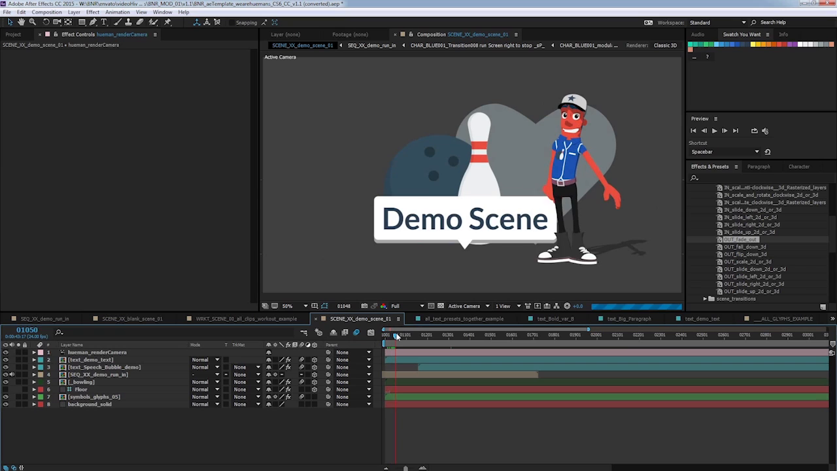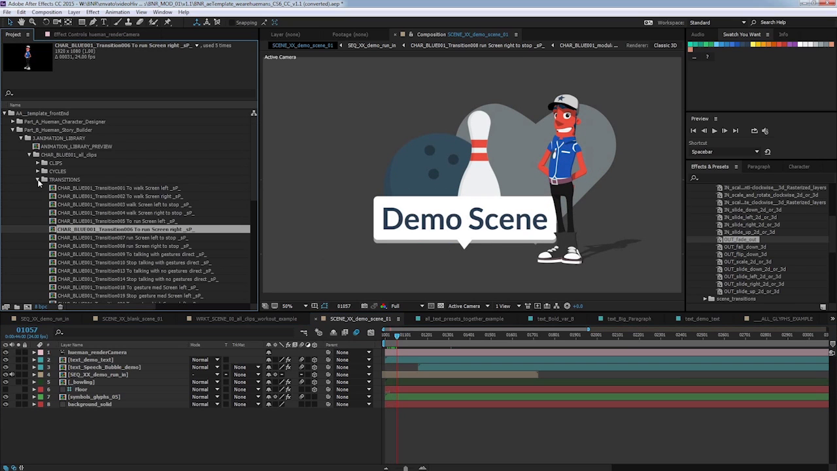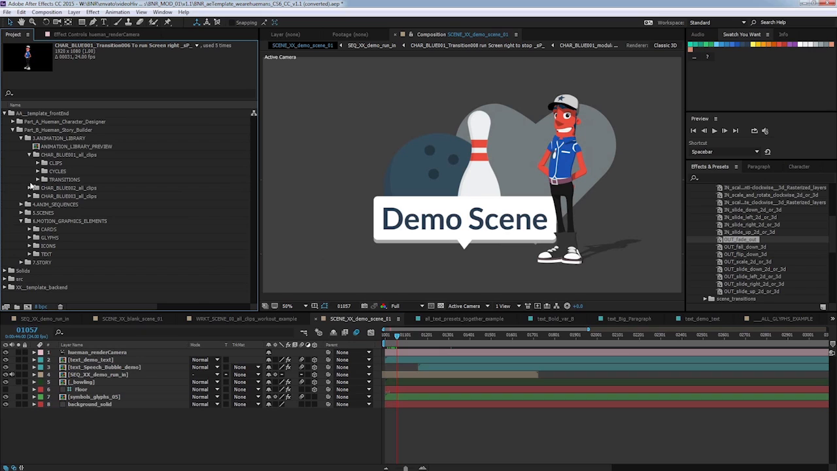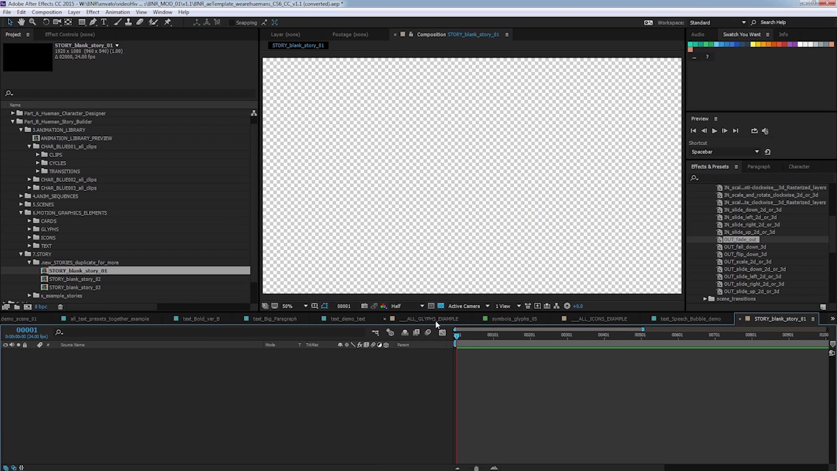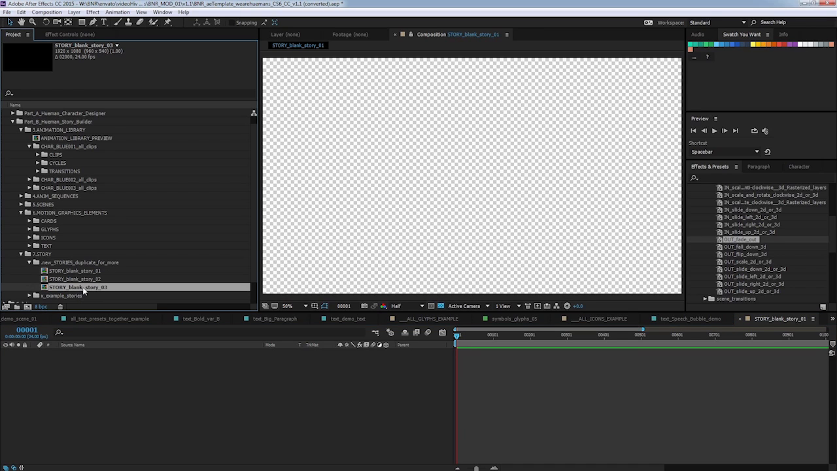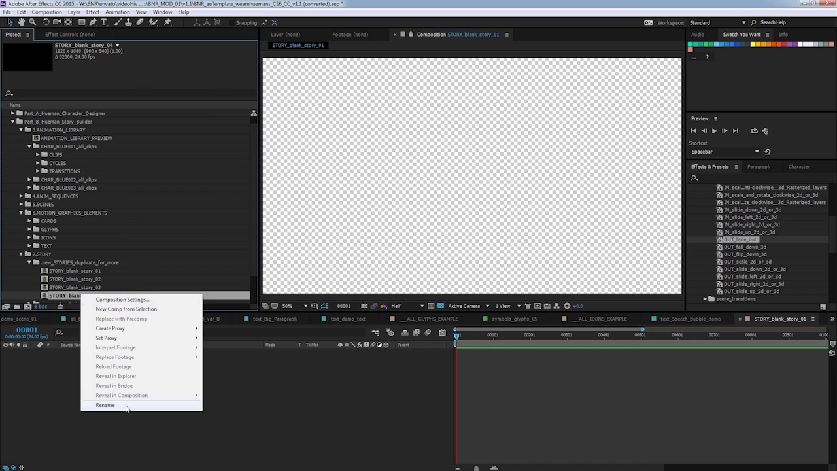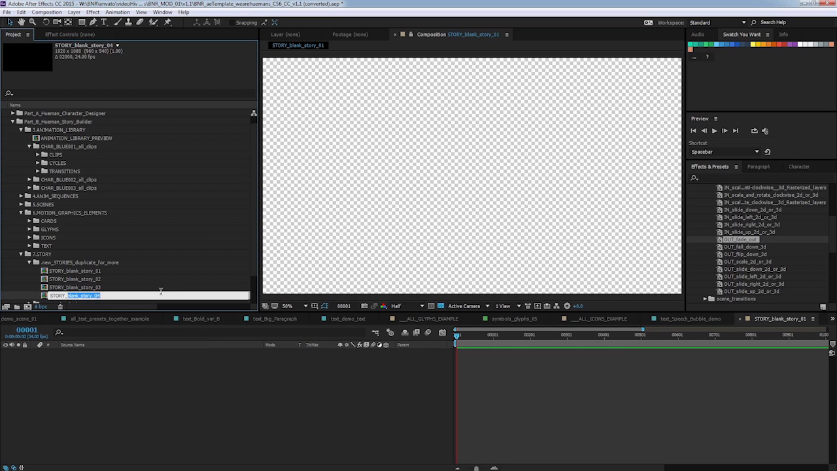Okay, so now we're happy with our scene. We can combine this with another scene to make a story. So I'm going to open up the story folder, and again you can see we've got these blank compositions. If I open up one of these, this is literally just a container, so it's just a blank HD composition. So if I duplicate one of them and rename it, call it demo story,